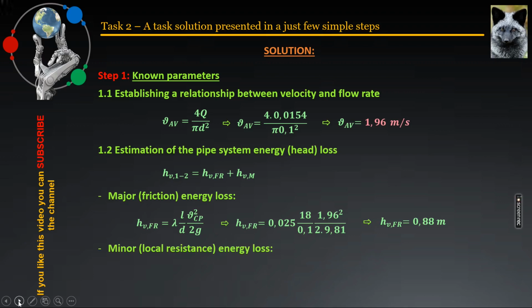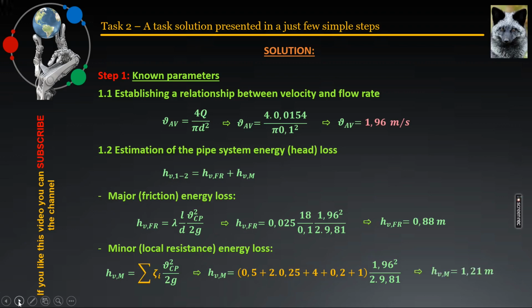The appropriate equation presented on the slide is used. All the symbols, parameters, are now replaced with their numerical values. Just remember to multiply zeta k by 2 because of the number of elbows in this case, when expressing the total coefficient of local resistance. All that remains is to perform the calculation, on the basis of which it is found that the local resistance loss is